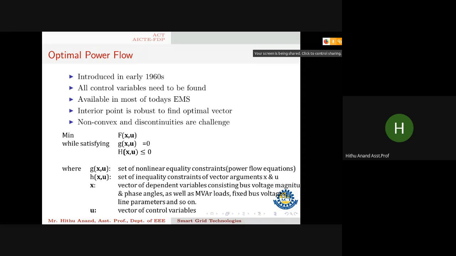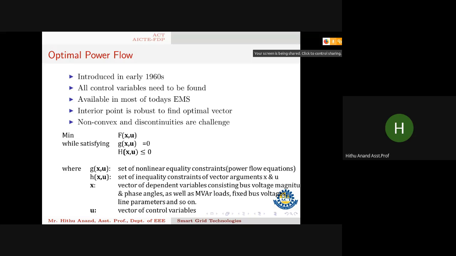So what is the complete problem that addresses power system? What is the algorithm that will handle almost all the areas of power system? What is the algorithm that we need to put in the energy management system? That is nothing but optimal power flow. It has large constraints. What do we mean by constraints? There are so many variables and vectors. There are vectors that are already in our control, and there are vectors that are not in our control.